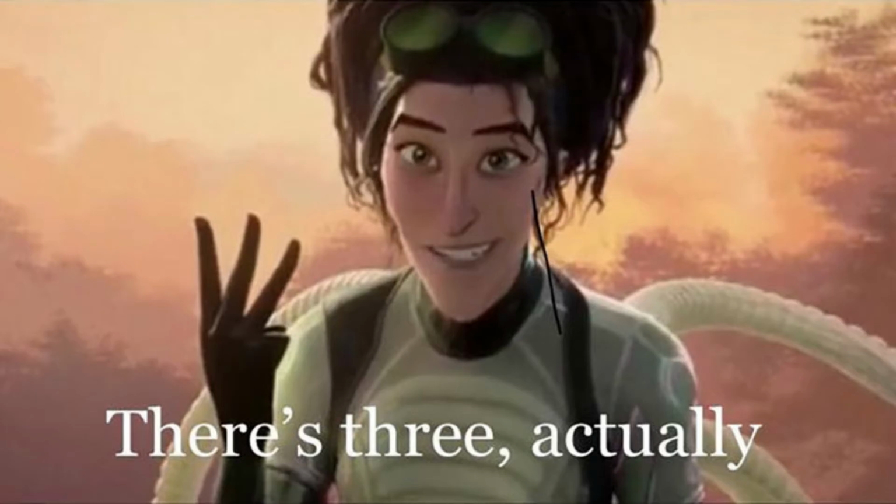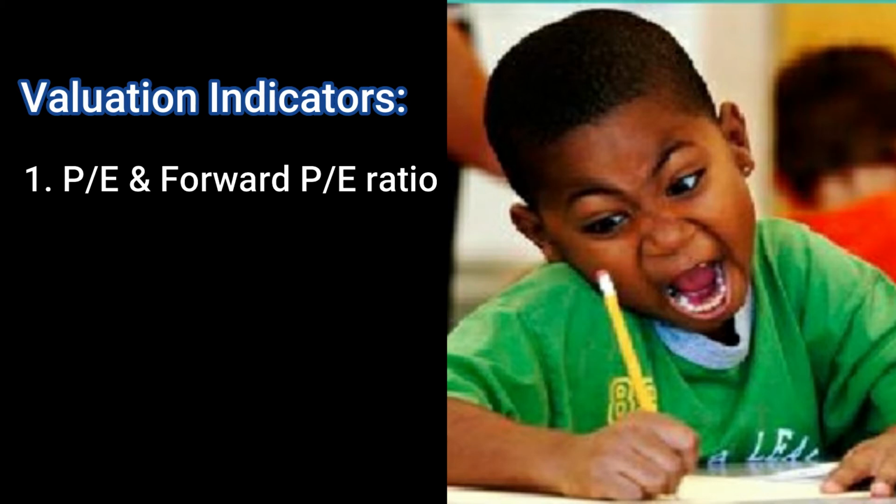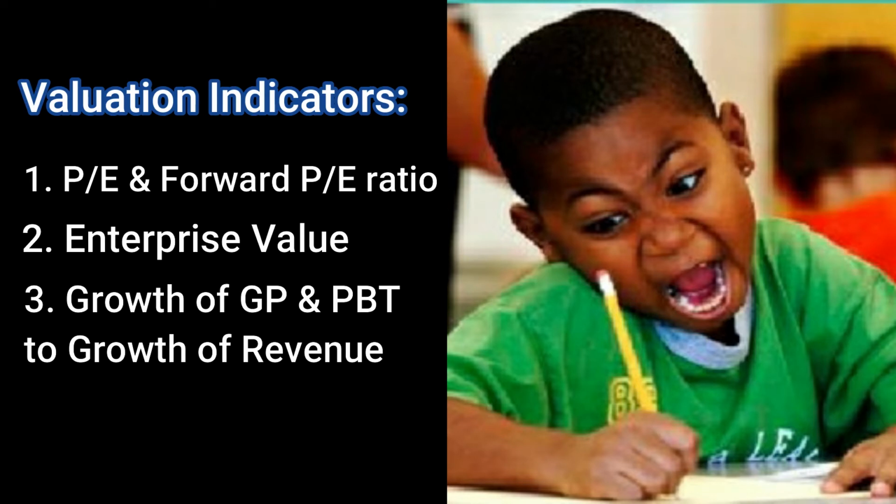In this video, you will be learning 3 valuation indicators that I normally use when evaluating a company. They are the price to earnings ratio, or what we call the PE, and also the forward PE ratio, the enterprise value, the growth on gross profit and profit before tax, and growth of revenue, and some honorable